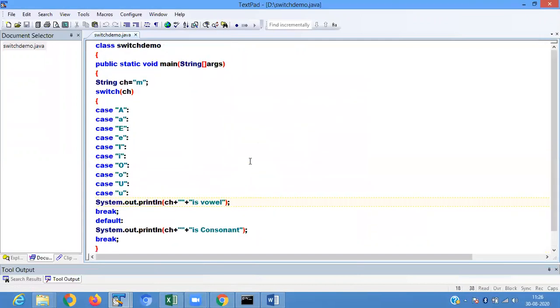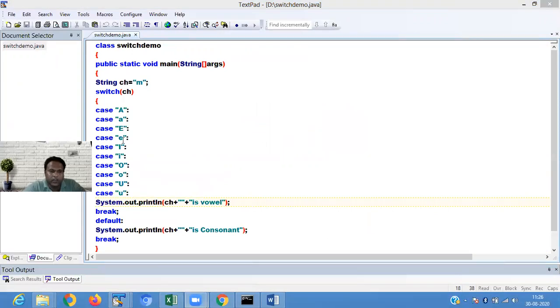Let us check for vowel and consonant. In the switch demo, in the case statements, we pass A, E, I, O, U: capital A, small a, capital E, small e, capital I, small i. Okay. So for every case statement, it will display the common output, that is vowel.